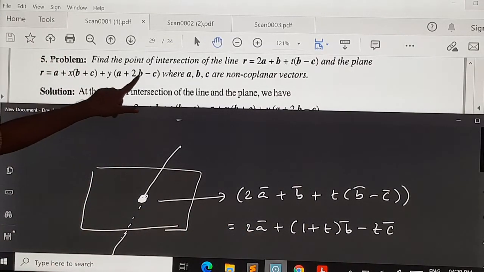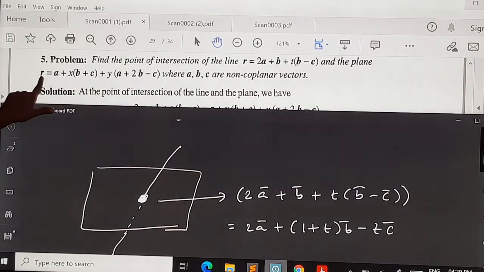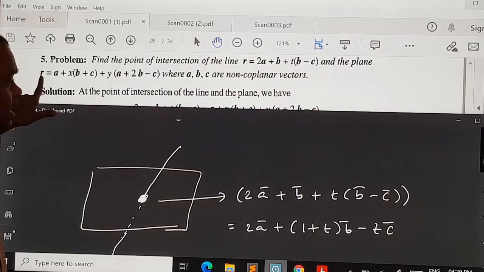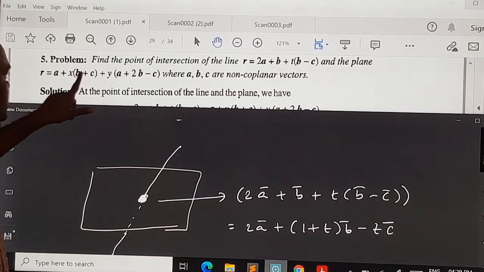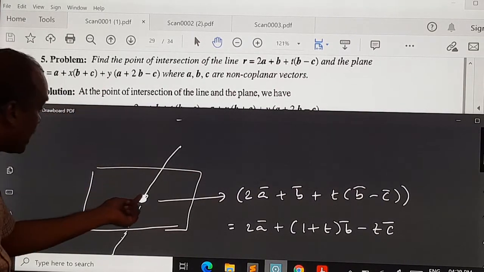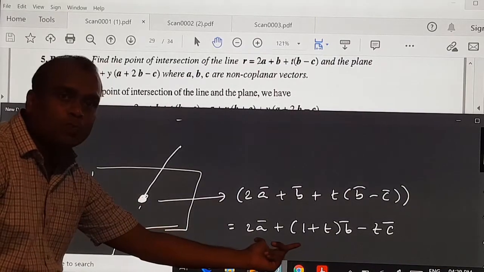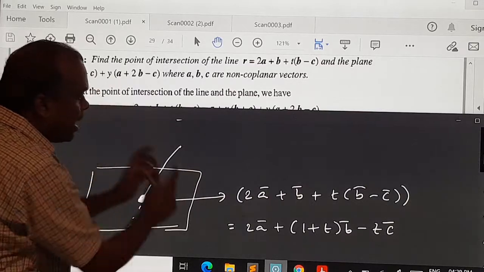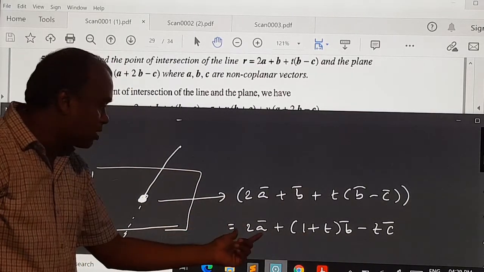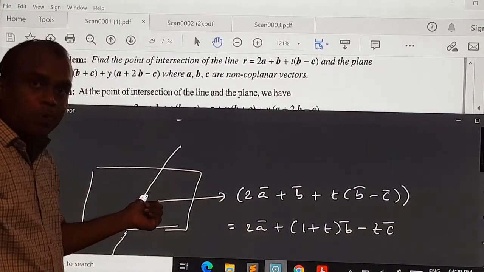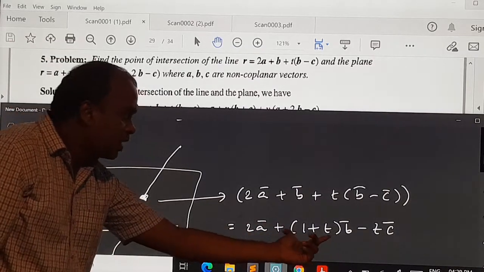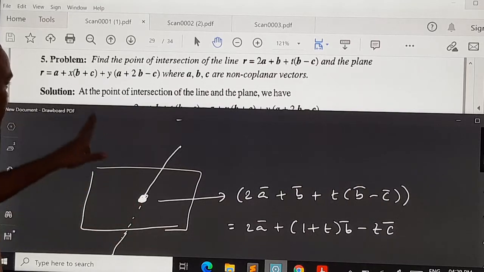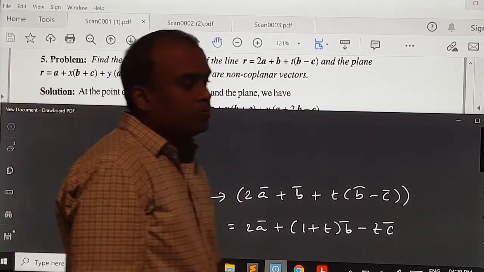Now this is the equation to the plane, and this is any point. So that means this point is also denoted by r bar for some values of x and y. Now that point we are saying becomes this point. So r bar is this as well as this. Two ways of representing r bar. This is one way and this is another way. Both are r bar only. Therefore, we equate these two now.